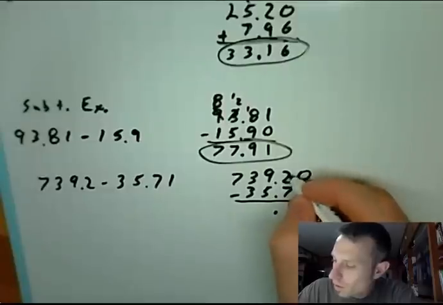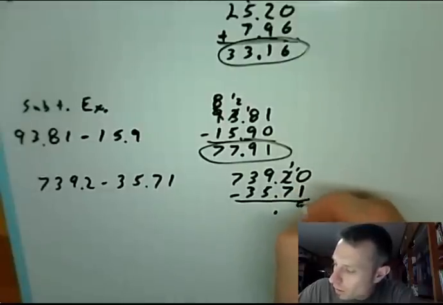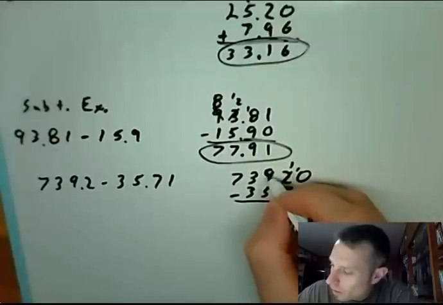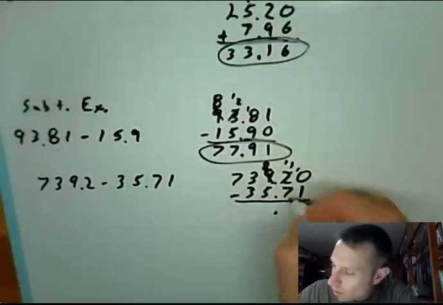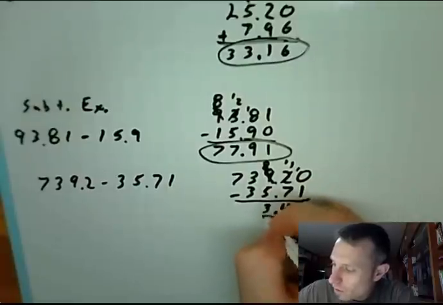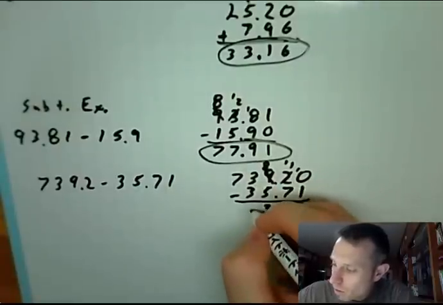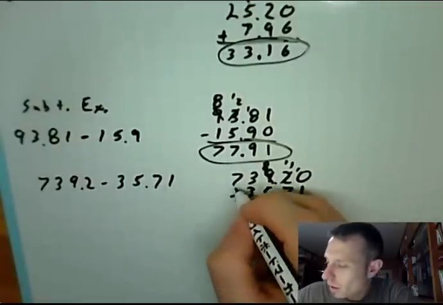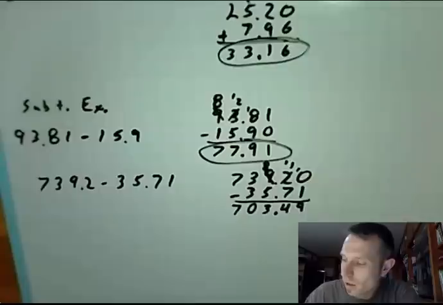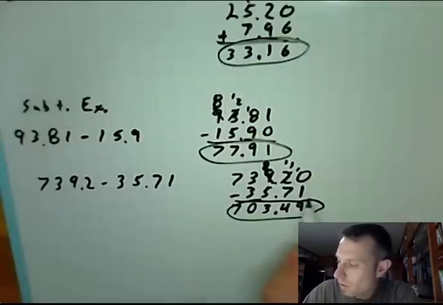So 0 minus 1, I'm going to have to borrow. That will give us 10 minus 1 is 9. 1 minus 7, can't do that, I'm going to have to borrow from here. So 11 minus 7 is 4. 8 minus 5 is 3. 3 minus 3 is 0. And 7 minus, I could have put a 0 here, but I don't think it's necessary. There is your 7,